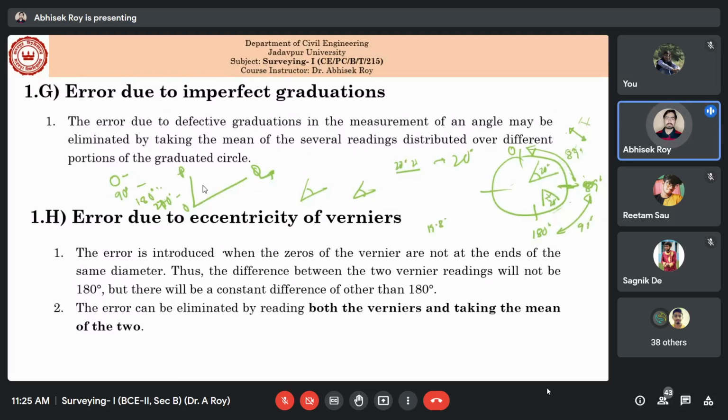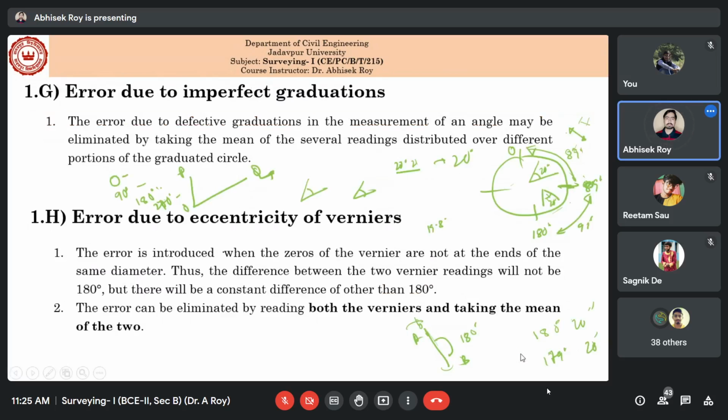So in different quarters you have to take the measurements, otherwise this sort of error you can't remove. Then there will be error due to eccentricity of the verniers. That means vernier A and B ideally should have been at 180 degree difference. But when you are seeing the vernier 0 in the main scale, you are taking the reading. The vernier B, when you are seeing the 0 and you are taking the reading, that is not showing 180 degree difference, but rather it is showing say 180 degree 20-second difference, or 179 degree 20-second difference,